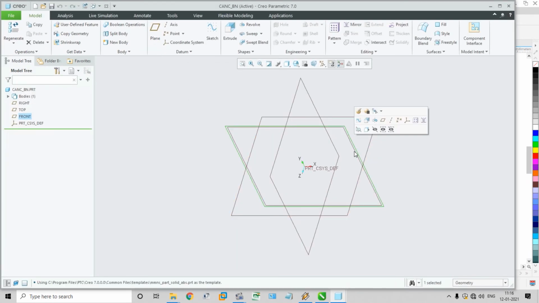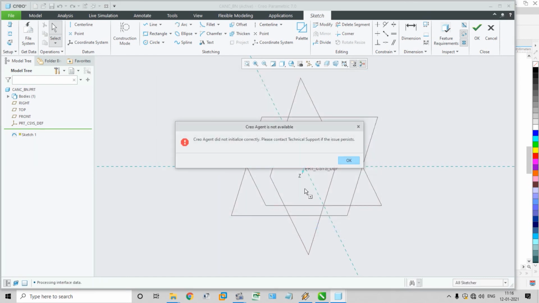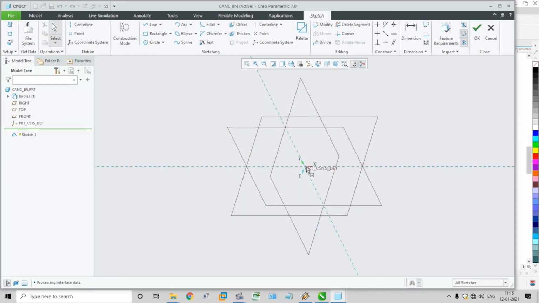Same way, right plane, choose it, sketch, import that drawn file, cancellous bone, import, okay, place